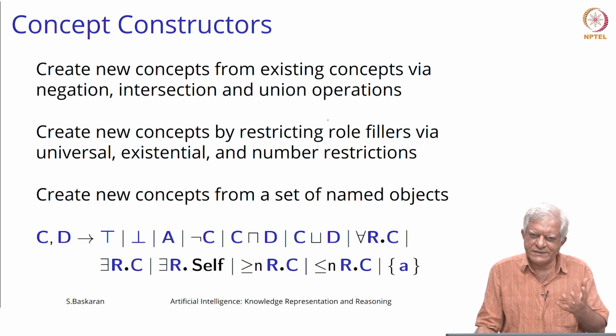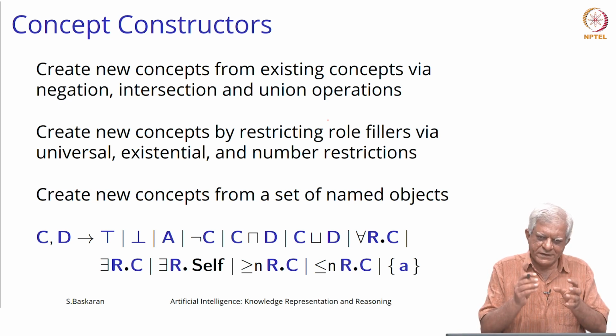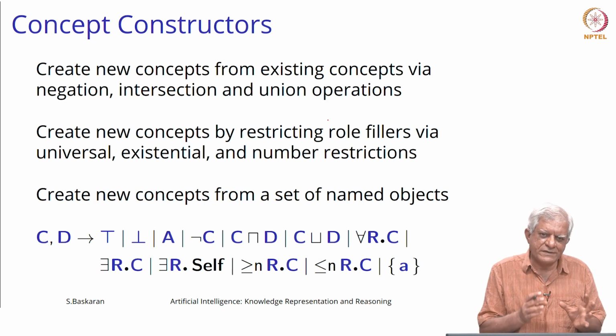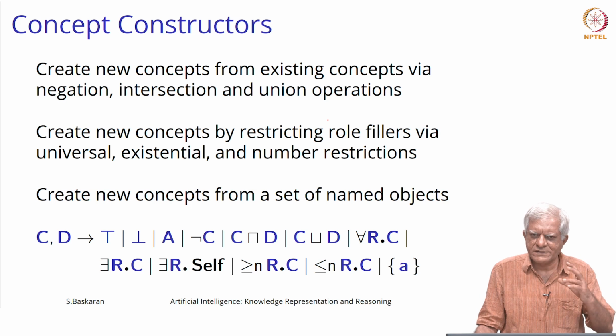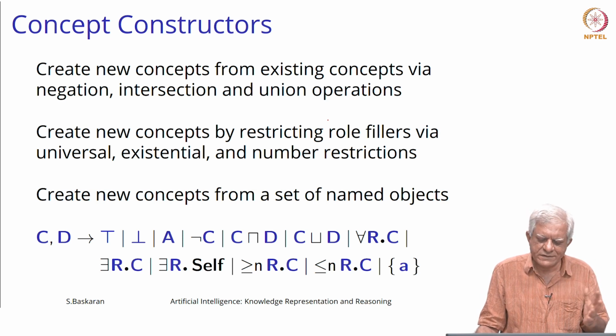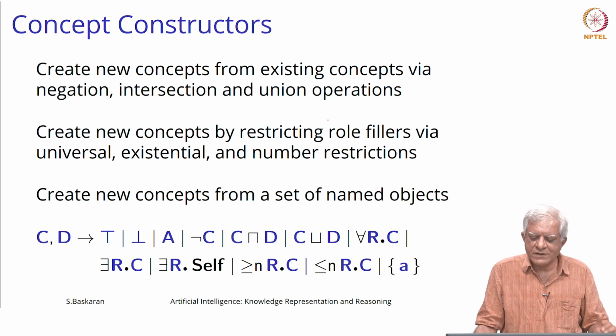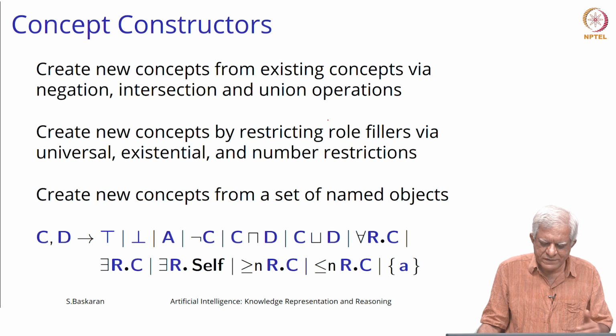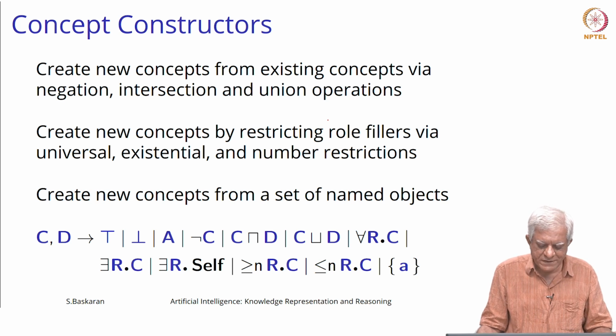So, using only these kind of facts, what is the gender of a person and how are two persons related, we will construct the rest of the knowledge base. So, we will define aunts and uncles and grandfathers and ancestors and so on. Let us see how we do that in description logics,